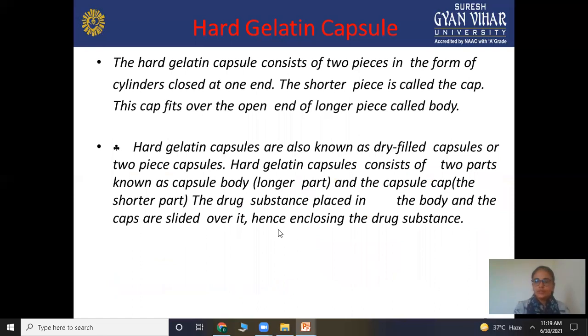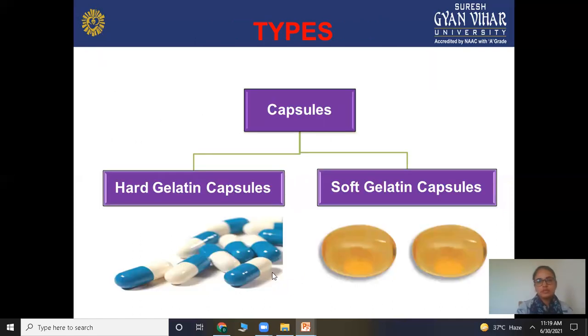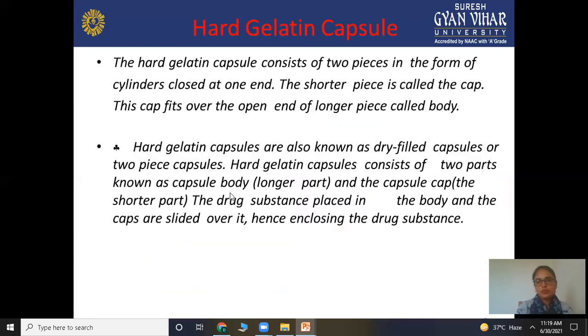Now you know about the hard gelatin capsule: what a hard gelatin capsule is, what a soft gelatin capsule is, and the difference between them. The hard gelatin capsule consists of two pieces in the form of a cylinder closed at one end. See this image, it's two pieces, the blue and white one. The shorter piece is called the cap, and the cap fits over the open end of the longer piece,